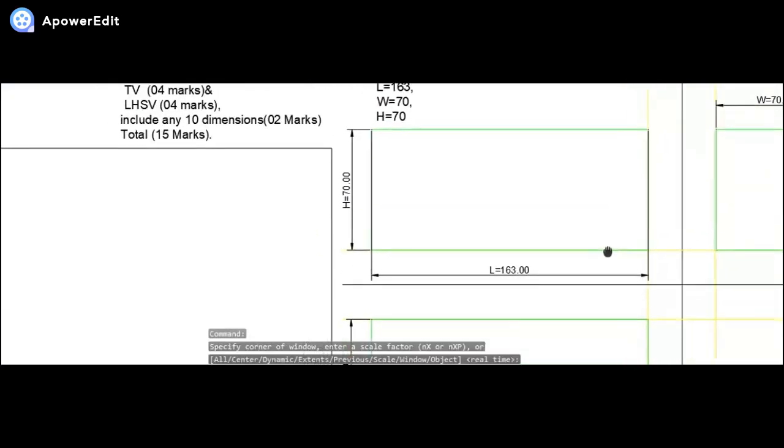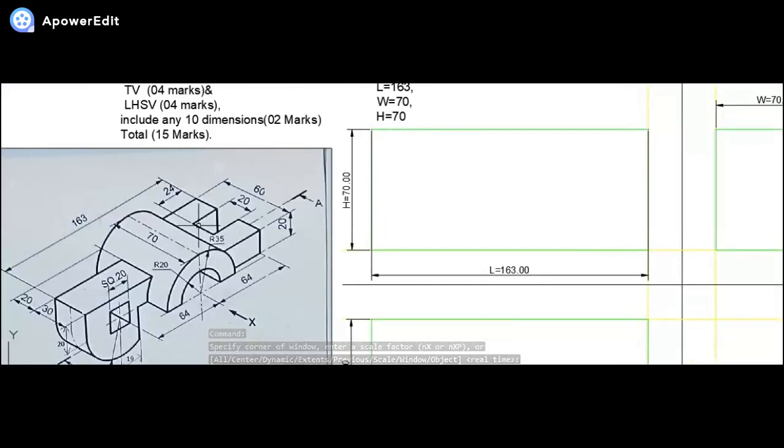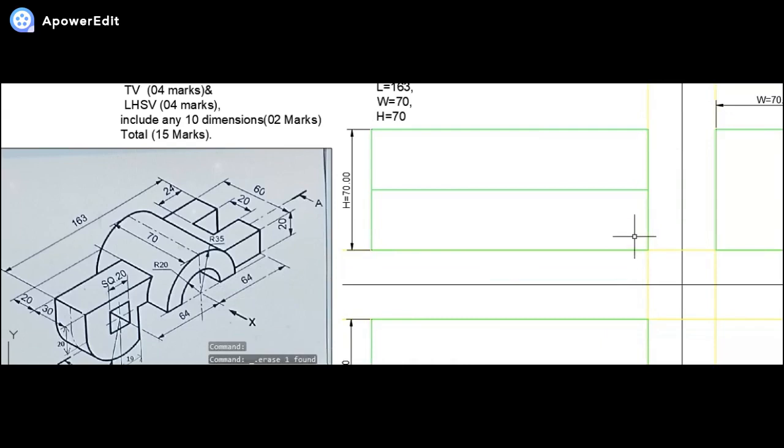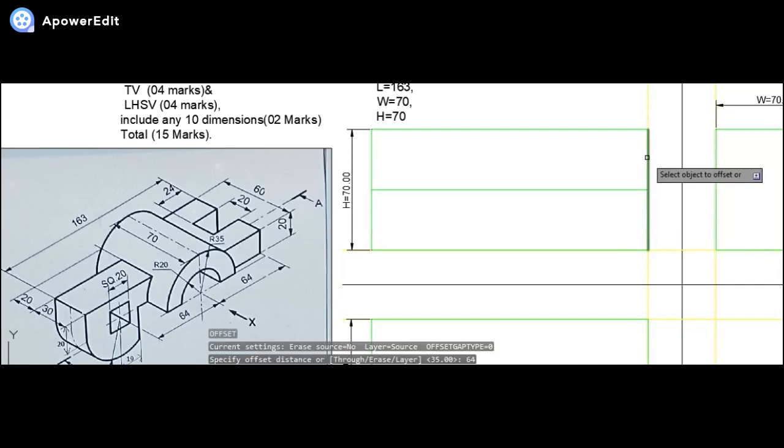So let's proceed with the diagram one by one. As you can see, from the top at a distance of 35 mm, I will require a center line, so I'll draw that first. I'll select this. Now if I see the extreme ends, at a distance of 64 mm, I'll select like this. This I'll delete, it is not required. At a distance of 64 from the side, I'll select this like this.